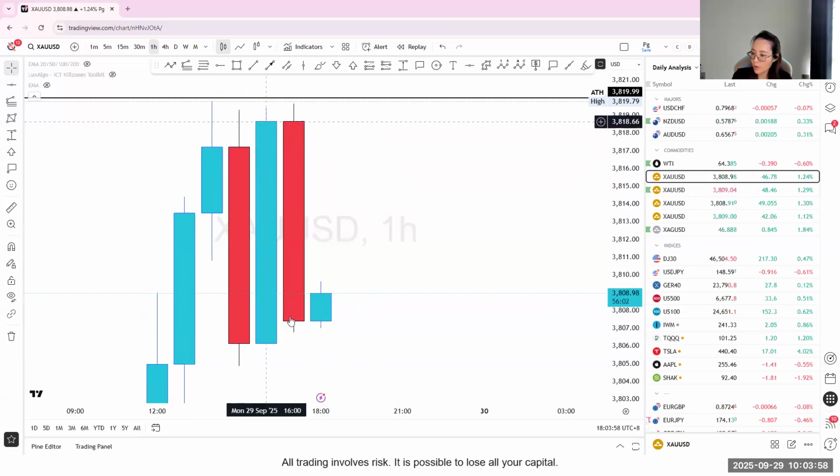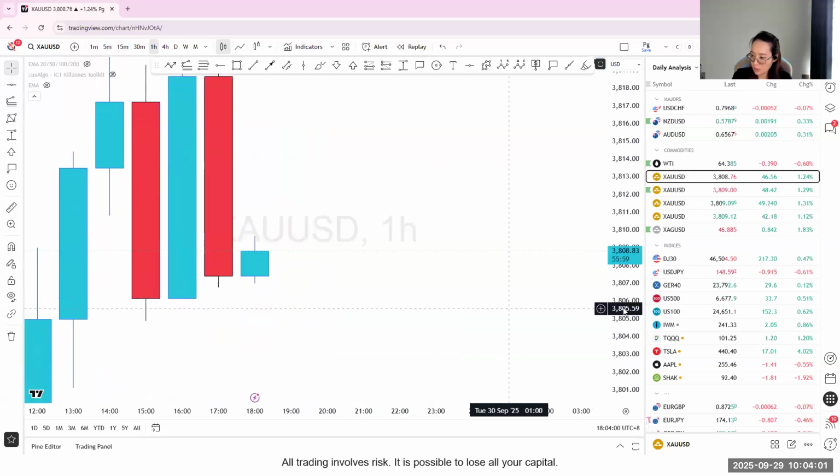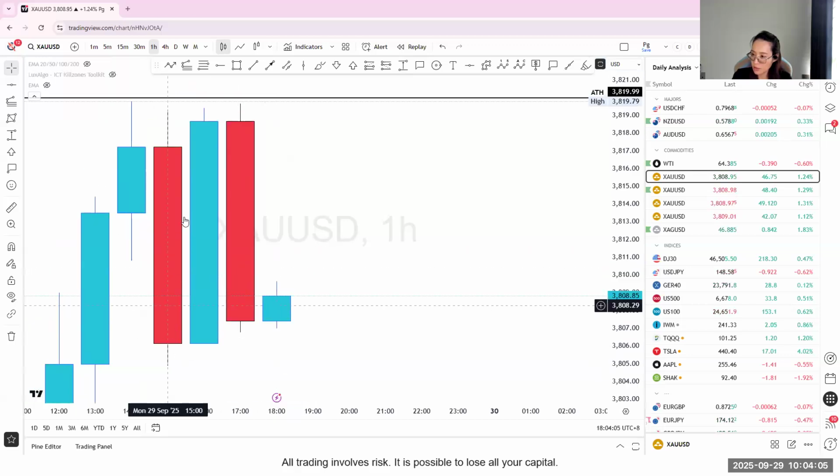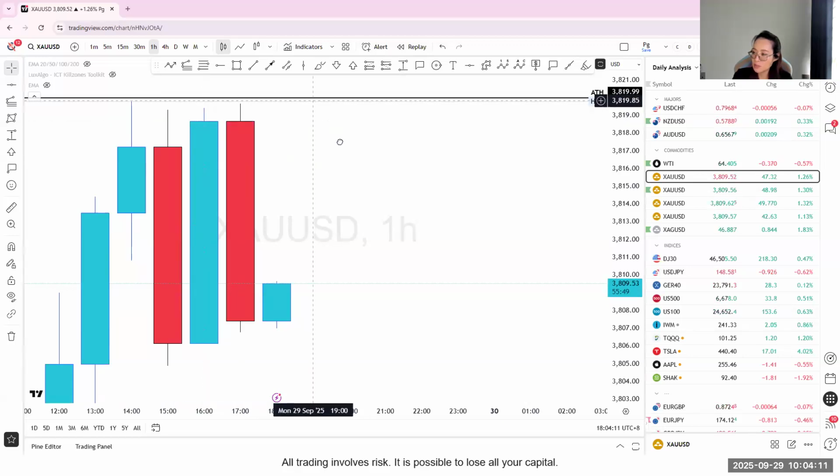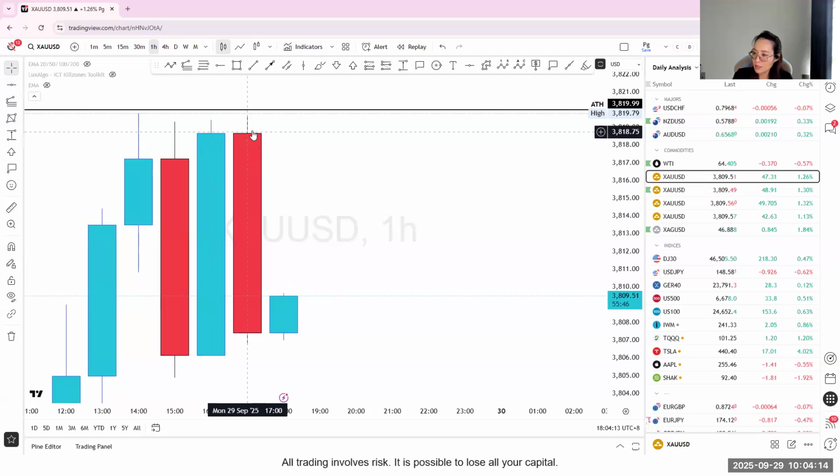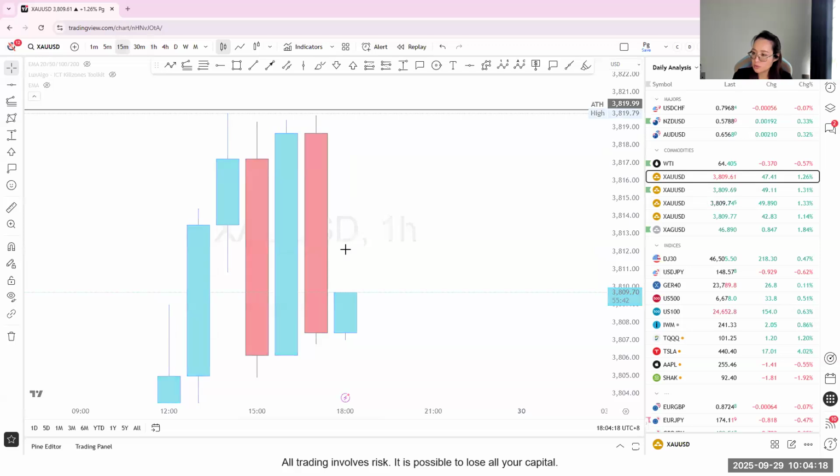Opening here. You can see that people who just bought here with no wick, no seller, are closing the profit here for the buy entry, and after that no one wants to buy because we know that price is at the all-time high. They'll sell off at 3,818, so you sell. So if you zoom in,